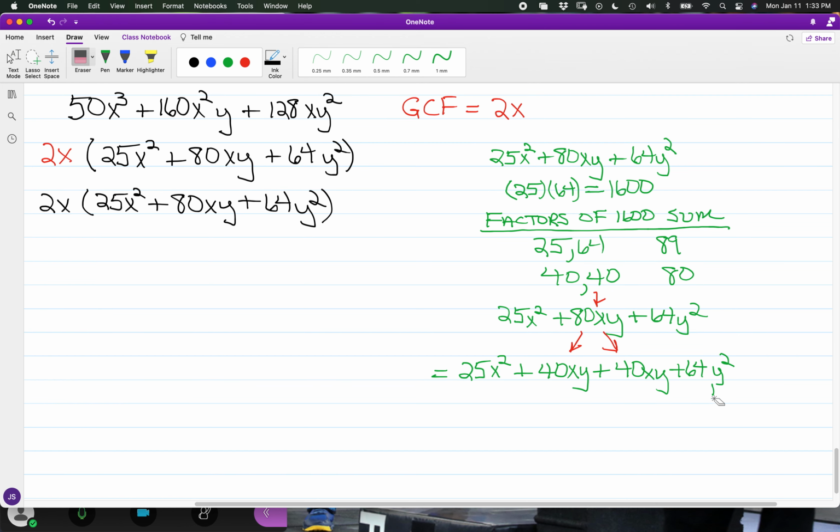Okay, so once again, grouping into pairs. So you have 25x squared plus 40xy, and we have plus the quantity 40xy plus 64y squared